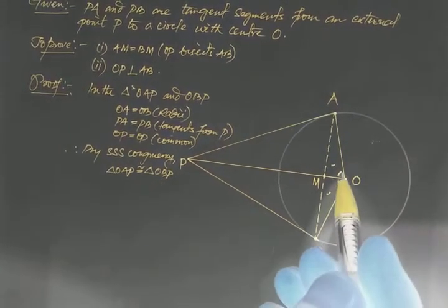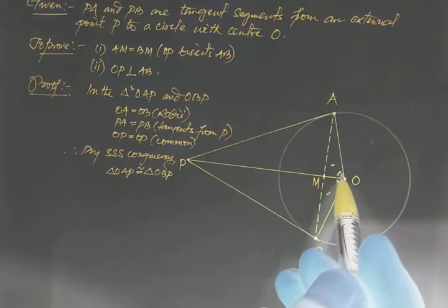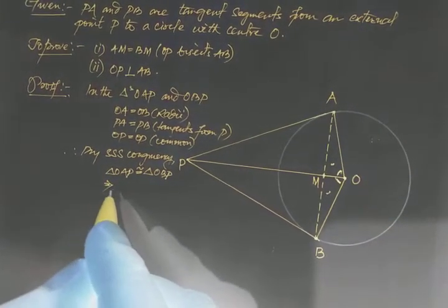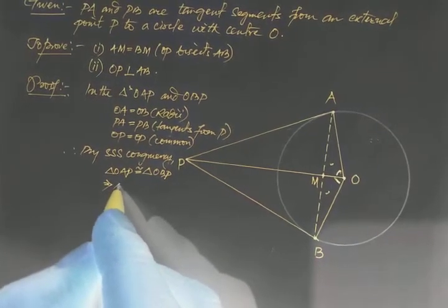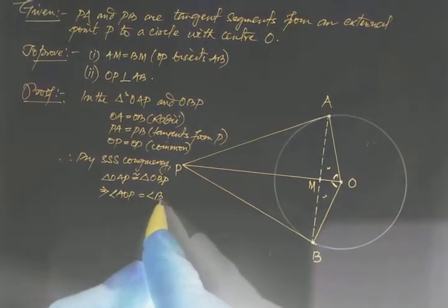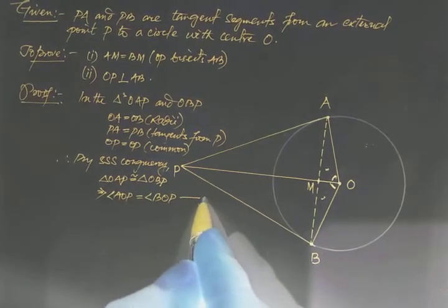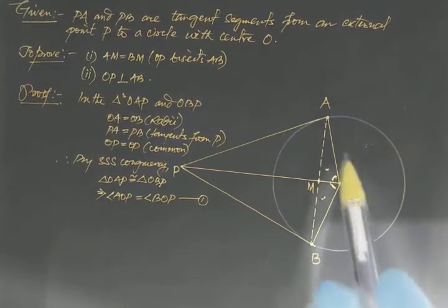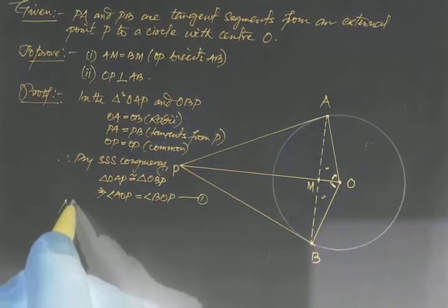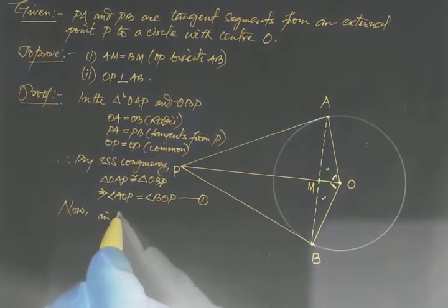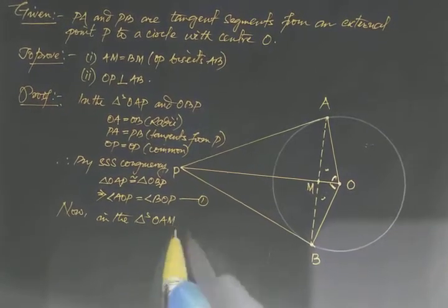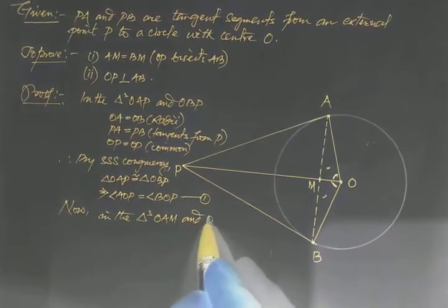That means these two angles now are equal parts of two congruent triangles. That means corresponding parts should be equal. Angle AOP should be equal to angle BOP. Let us call it equation 1. Now let us compare the triangles OAM and OBM. Now in the triangles OAM and OBM,